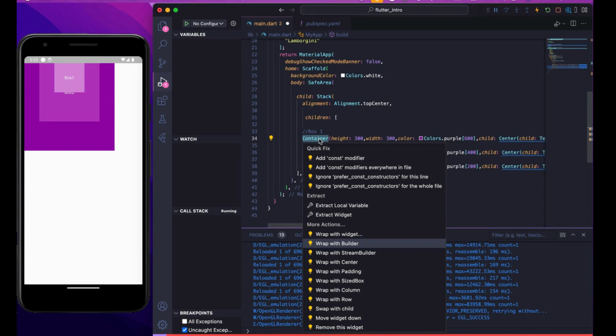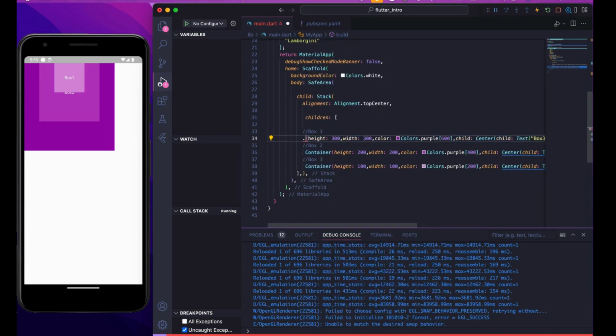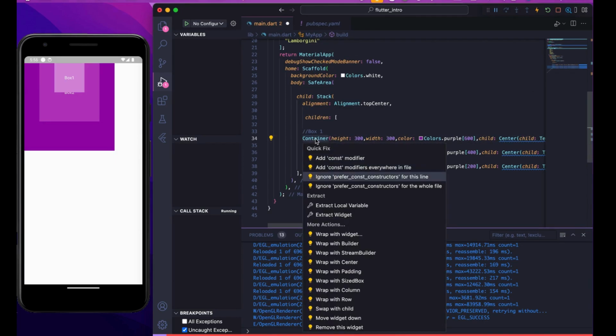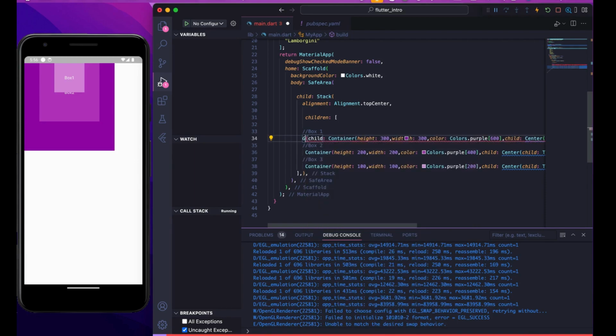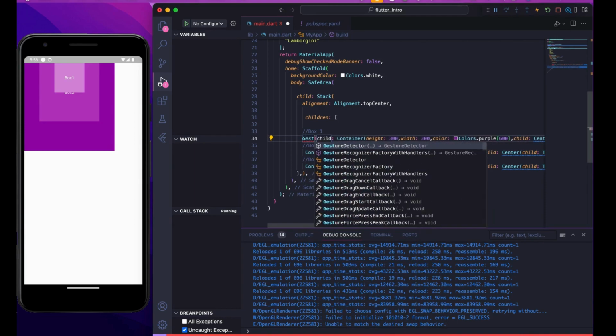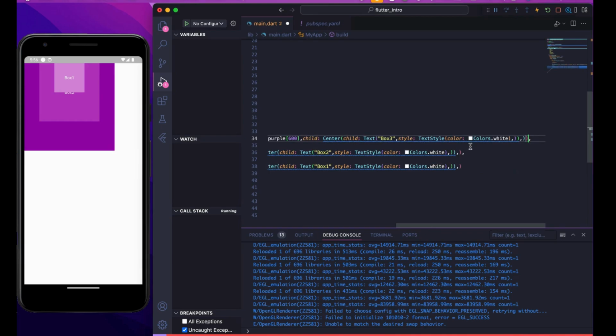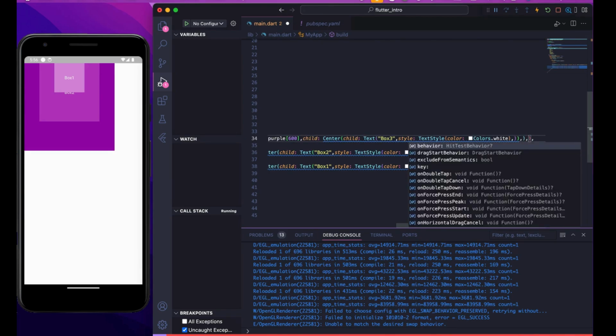So the user can either touch, grab, or drop, or do actions using just a tap, right? It can be a double tap, triple tap, drag, 3-finger swipe, 2-finger swipe, all the actions the user does. So we can track that and do the action around it by wrapping any widget with the gesture detector. As soon as I wrap this widget with the gesture detector, we unlock the functions